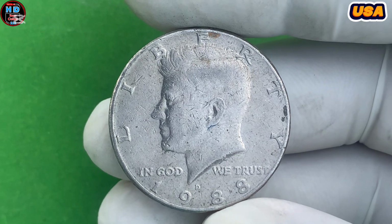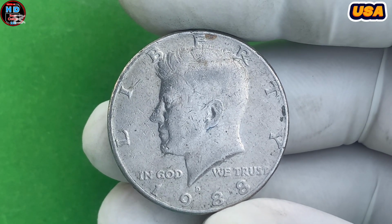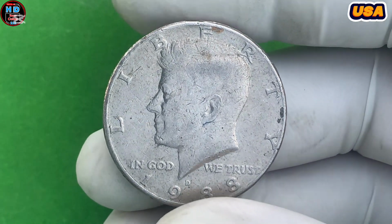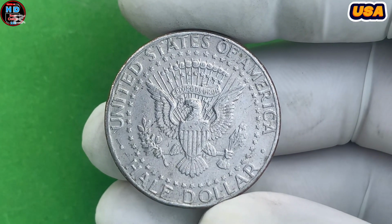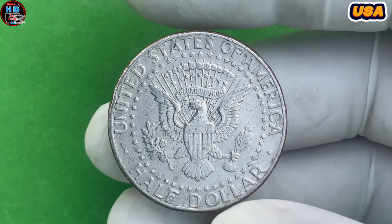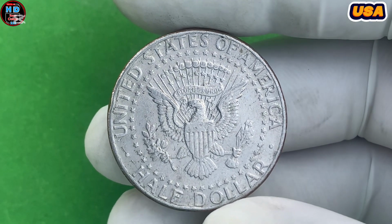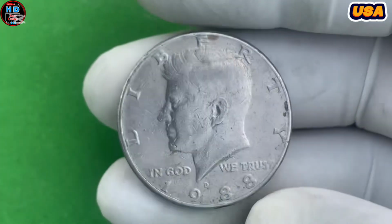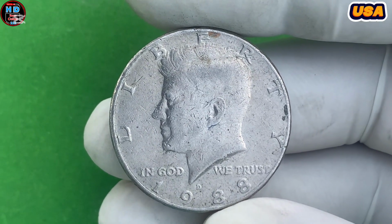You might be wondering how much an ordinary 1988 Kennedy half-dollar could actually be worth. While most of these coins in average condition may only be worth a few dollars above their face value, there are examples that can fetch impressive amounts on the market. For instance, coins that are in mint condition, have a rare mint mark, or feature minting errors have been known to command higher prices. In fact, a particularly well-preserved 1988 Kennedy half-dollar with a rare minting error recently sold for